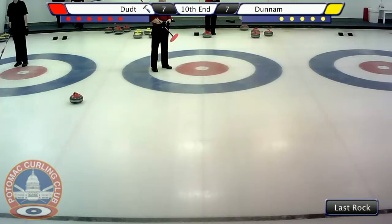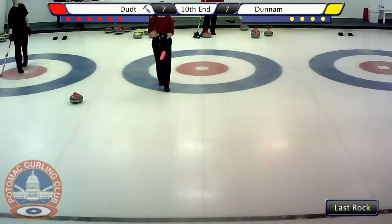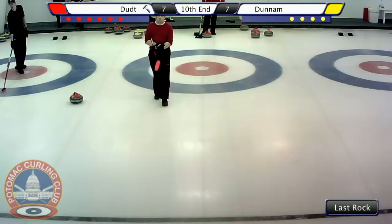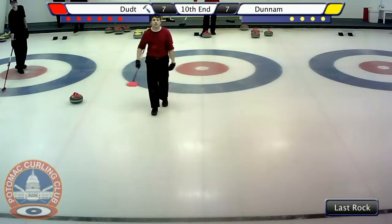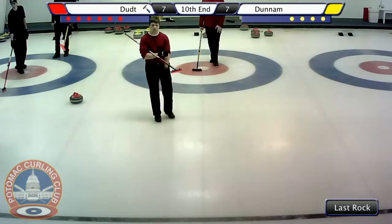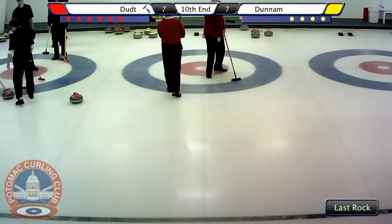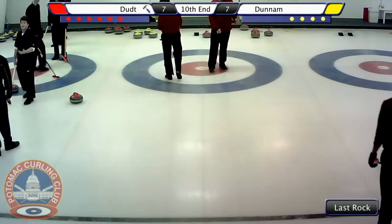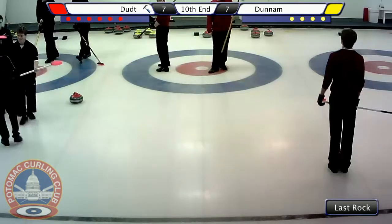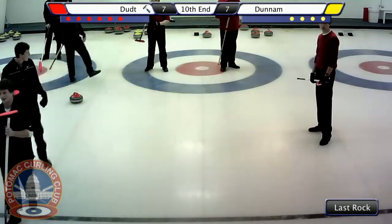Rocks are right. Is that? Yeah. Actually, there's one extra red rock right now. We have a timeout here on sheet B. Three reds have been found, so